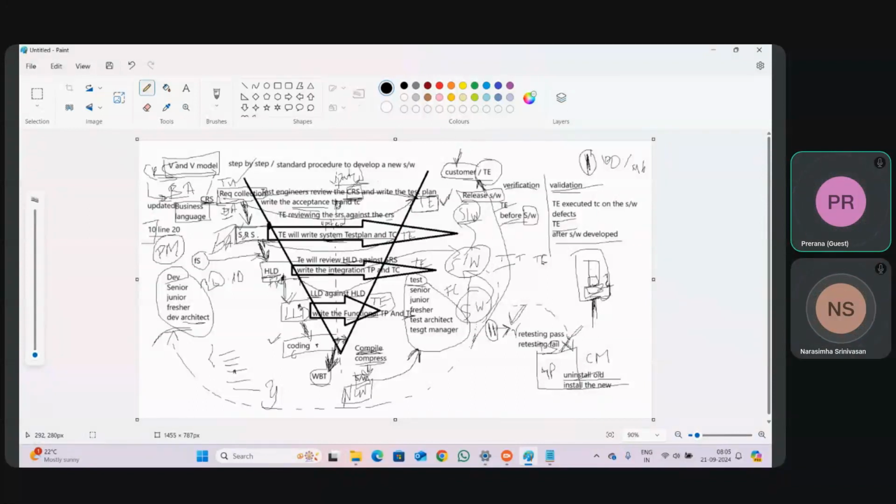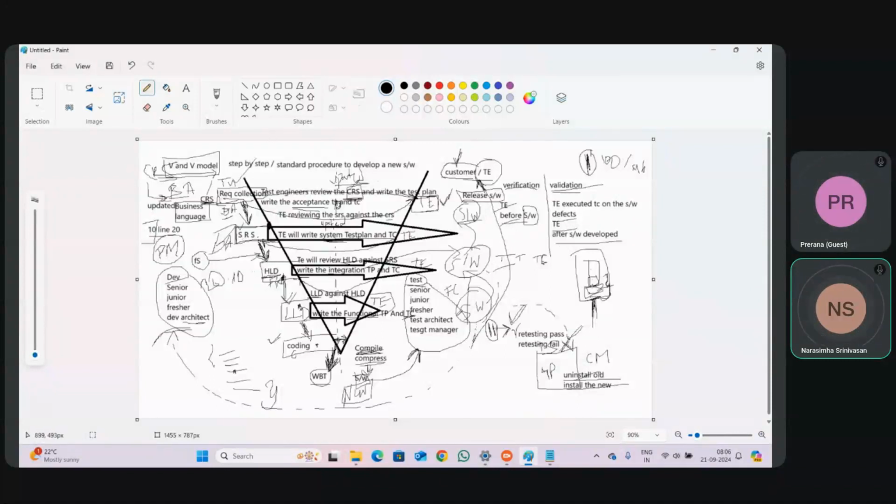So one of your interview questions is, have you done both verification and validation? You have written the test scenarios and you have executed them on the software also. Got it? Yes, sir. I have done both verification and validation. How to do it properly, I will guide you. Don't worry.